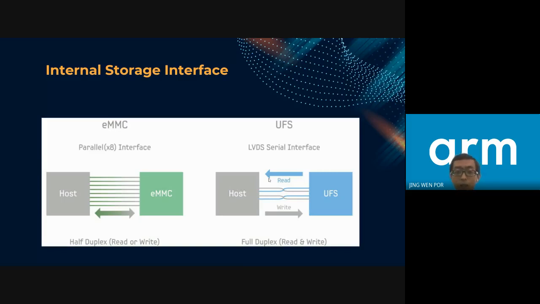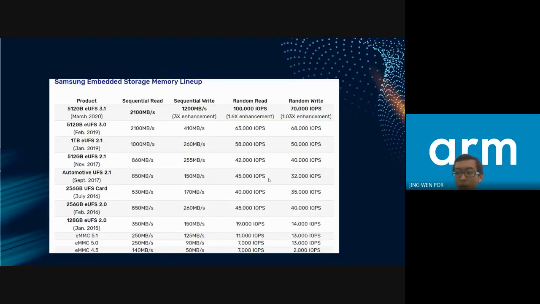The version being used, version 3.1, was announced by JEDEC in January 2020. It is also the latest version and is being used in the Exynos 2100. So as you can see from here, the transition of the standard is very much improving from the bottom to the top. You can see the speed gradually increase a lot throughout the years.